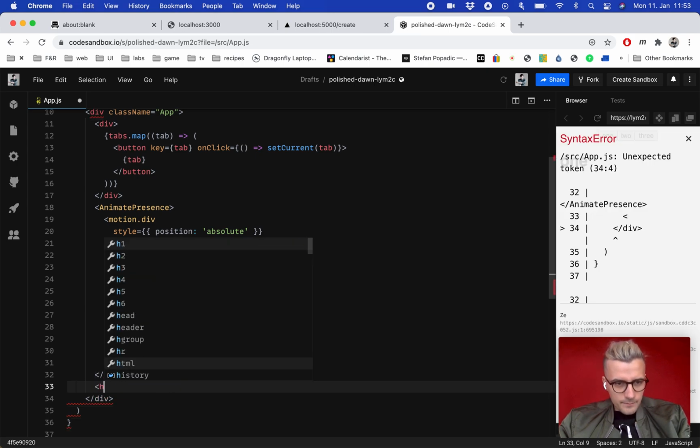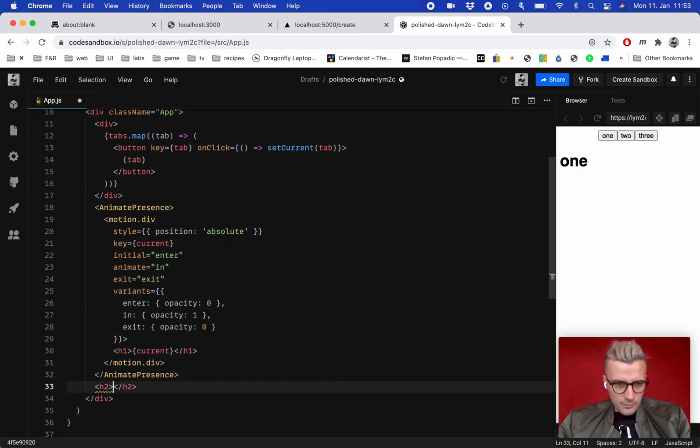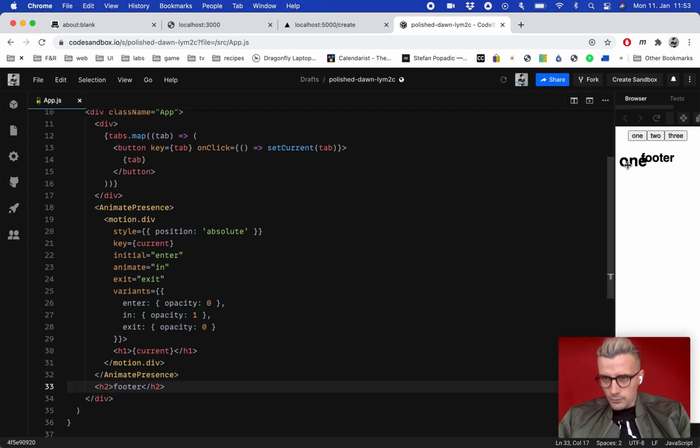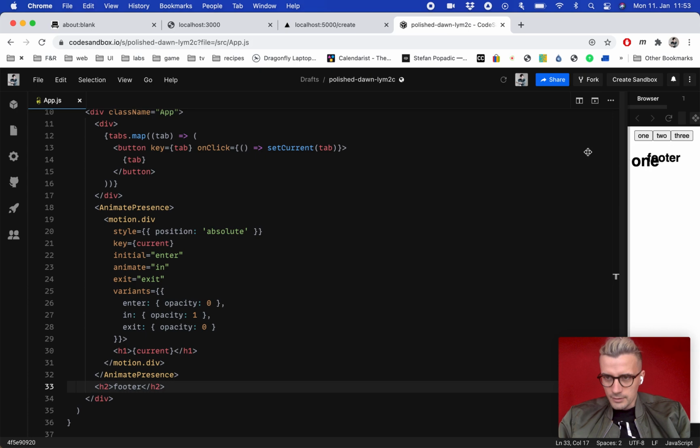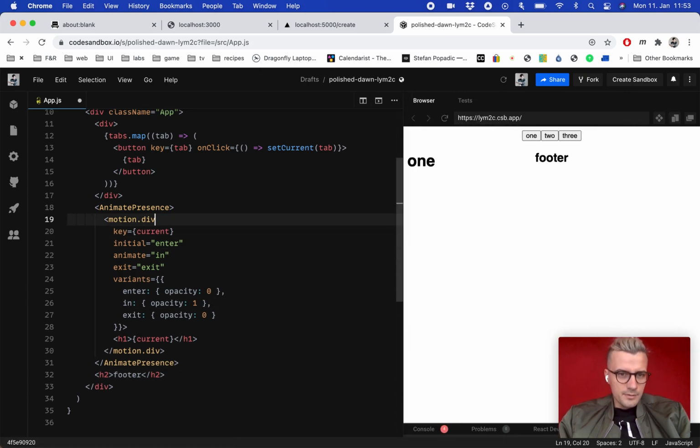So, I'm just going to illustrate also if we have something after this element. Let's call it an h2 tag of a footer. Then this footer will also ignore this position absolute and lay on top of that. So this is what we don't want. So let's remove this position absolute for now